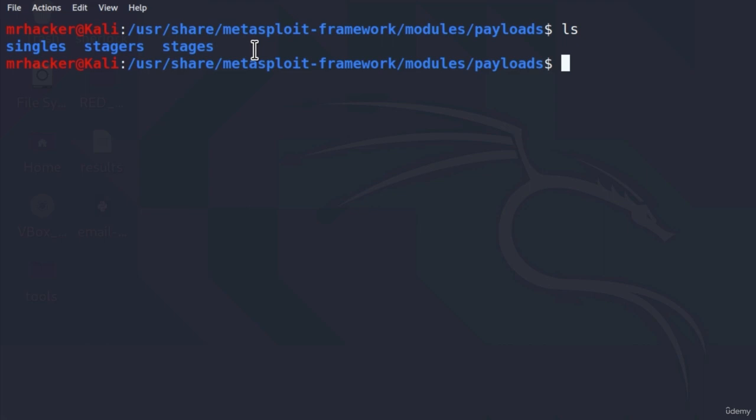We can download files, upload files, record microphone conversation, run webcams on the target machine, take screenshots of their desktop, and many other things we can do with the Meterpreter. So once we are exploiting a target, Meterpreter is usually what we want to run on that target after an exploit. If I go to the stagers directory right here, so cd stagers,